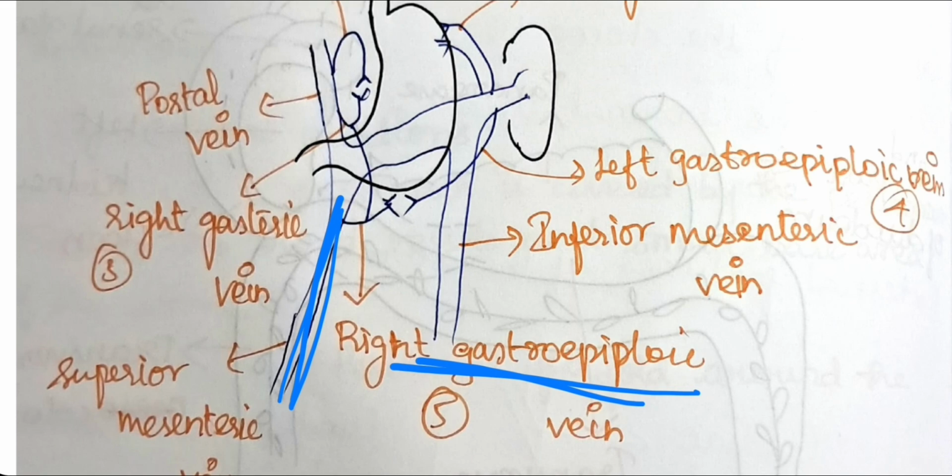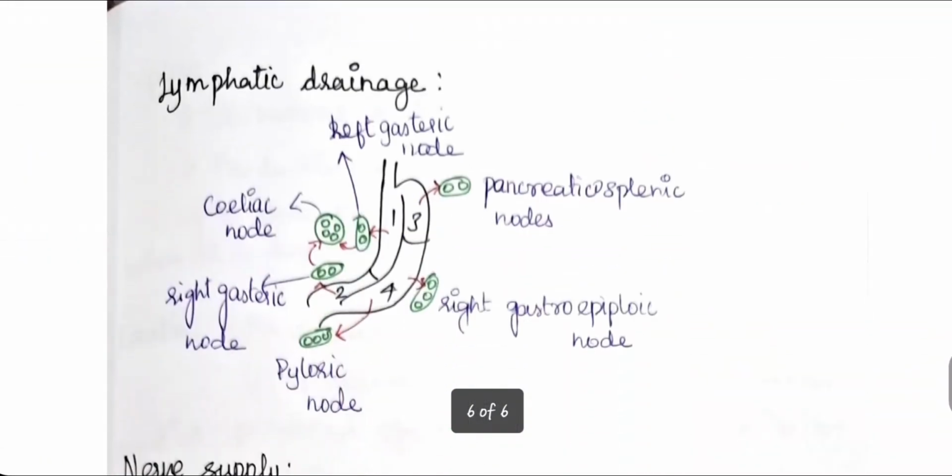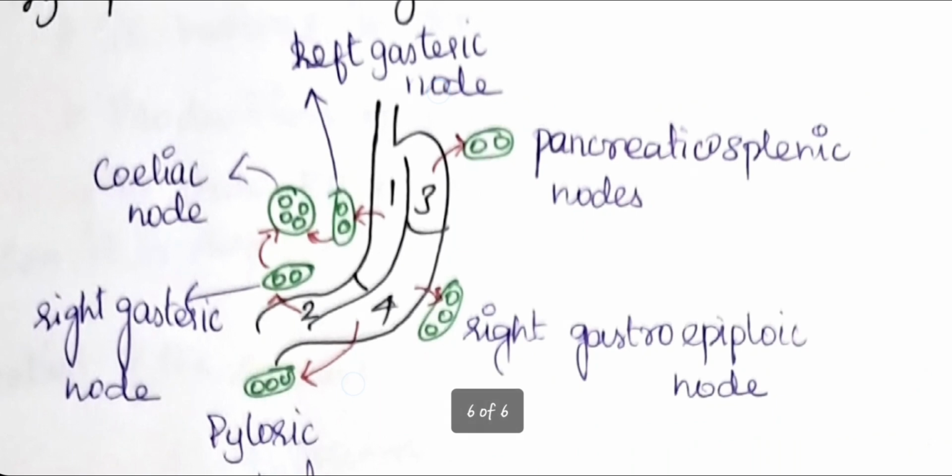Okay, so coming to the lymphatic drainage, the stomach is divided into 4 parts. First part, second part, third part, fourth part. So these 4 parts drain into the surrounding lymph nodes. First I will tell you the lymph nodes which are present around the stomach. So first is the